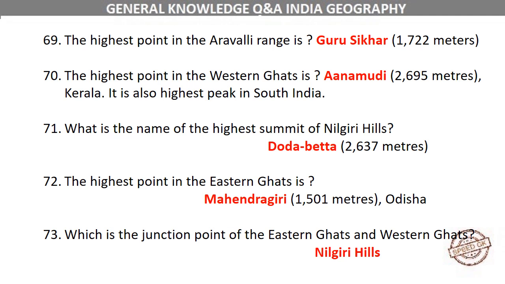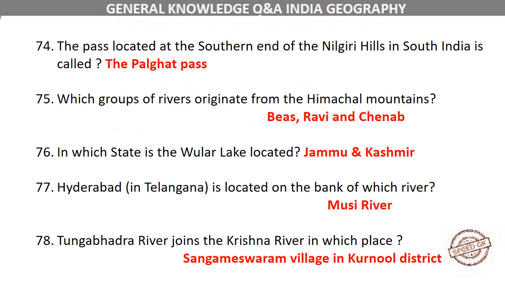Dodabetta, 2637 meters. The highest point in the Eastern Ghats is Mahendragiri, 1501 meters, Odisha, which is the junction point of the Eastern Ghats and Western Ghats. Nilgiri Hills. The pass located at the southern end of the Nilgiri Hills in South India is called the Palghat